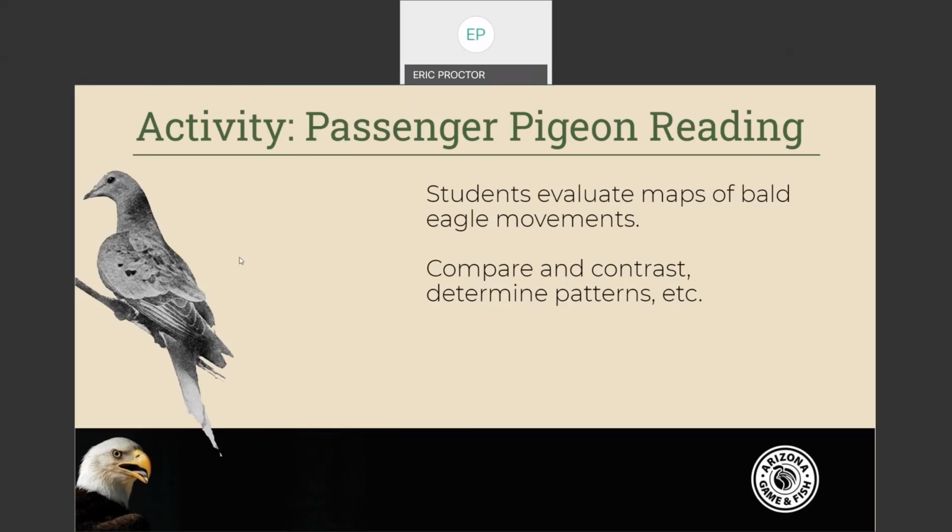The one was written by Aldo Leopold, and at the time there was a monument that a state gave to the passenger pigeon, right? And it was the first of its kind. We had never really memorialized an extinct animal before. And so this was the first time we'd put a memorial for a passenger pigeon up because they were extinct. And so Aldo Leopold, who was a famous biologist, he's considered the father of wildlife biology, created the science of wildlife biology. He spoke at that memorial. And then I believe 50 years later, another biologist was speaking on the anniversary of that. And I include both speeches for your students to compare and contrast.